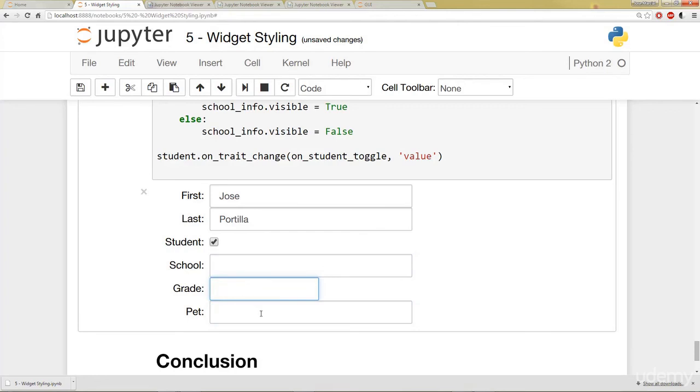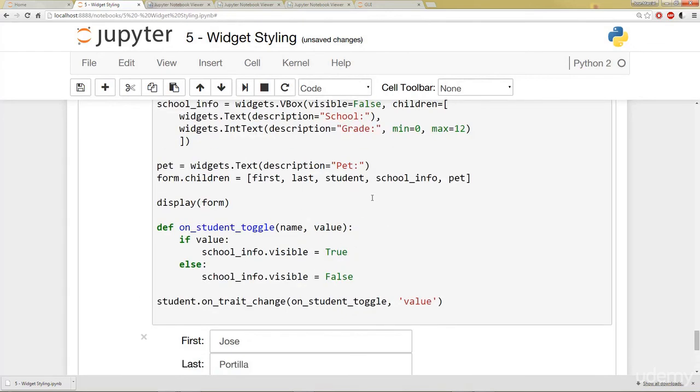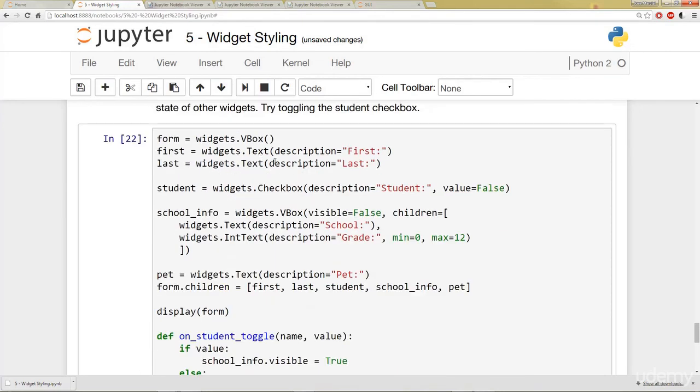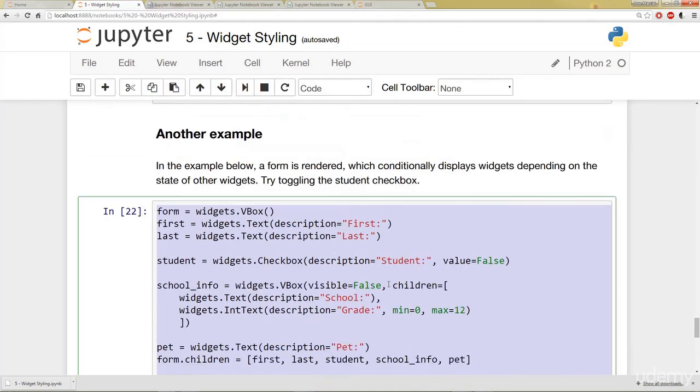Okay. So make sure you really play around with this. Try making your own form. Maybe try putting this into a tab or something like that. Really play around with it and have fun with it. So we're almost there. In the next lecture, we'll dive further into a more customized example of a widget. But this is basically our first, putting it all together. This cell here is our first example of an entire widget put together. So really make sure you download this and play around with it. I purposefully didn't go line by line to make sure that you have the time to really explore and learn all about this for yourself.